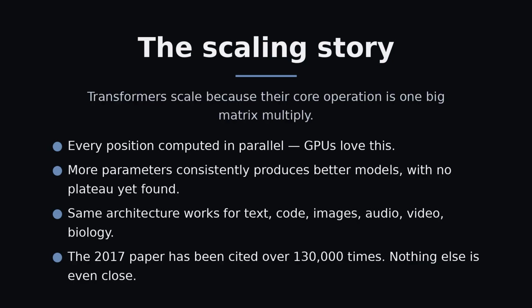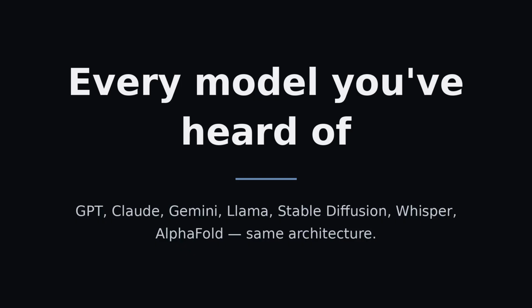Same architecture works on text, on code, on images, on audio, on video, even on protein structures. The original paper, Attention is All You Need, has been cited over 130,000 times. There is no second place. Once you know transformers, the modern AI landscape stops looking like 100 random models and starts looking like one architecture